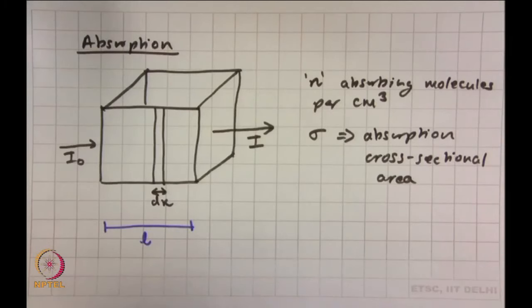Intensity, very good, the intensity with which you had hit. What is the other one? It is written out there. Cross section area. It is cross section area, right, because if you have a molecule which is like this and if you have a molecule which is bigger, then obviously this one would interact more and would be absorbing much more. So, then based on this what you can write is